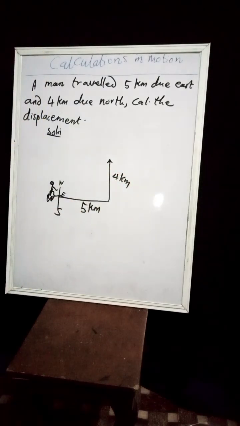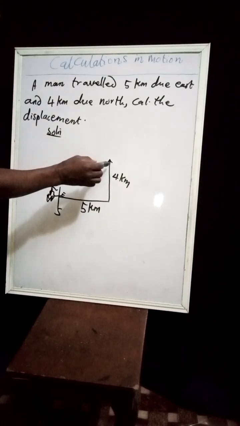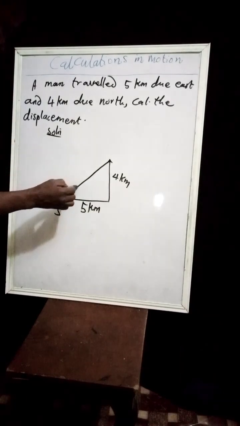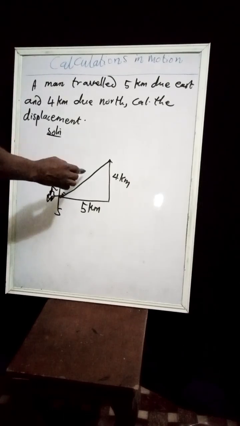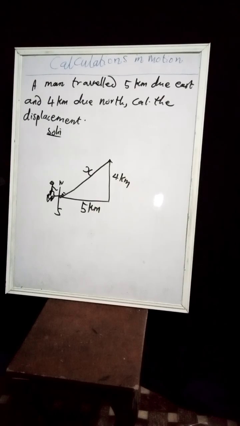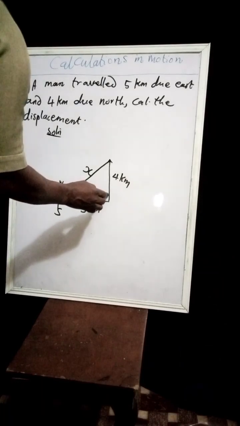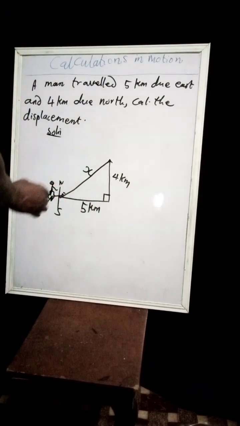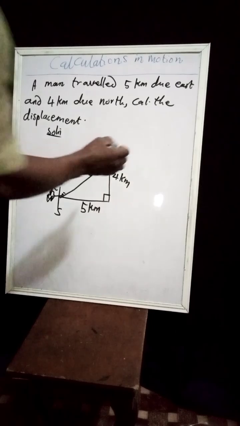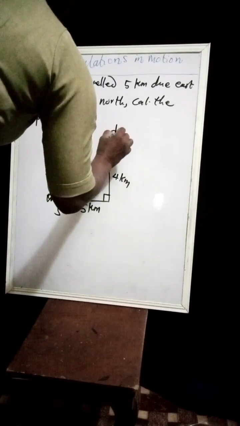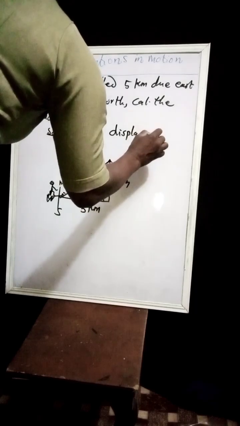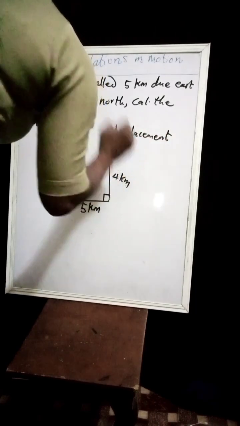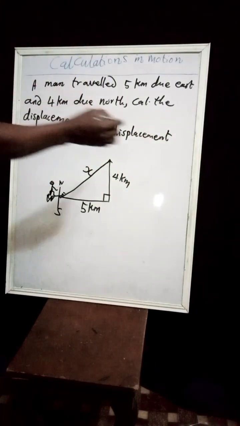So we are asked to find the displacement. The displacement should be this distance. So let's give the displacement x. Remember that this formed a right angled triangle. In this case now, the displacement, which is x,